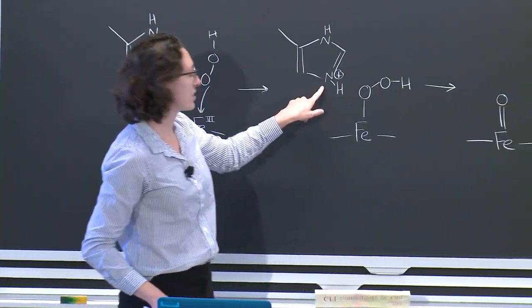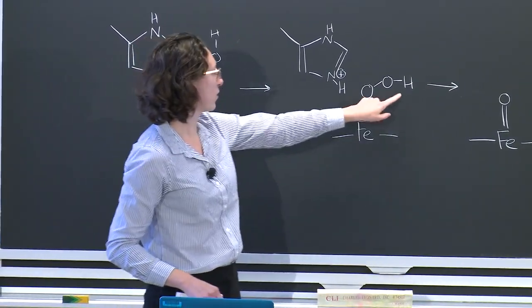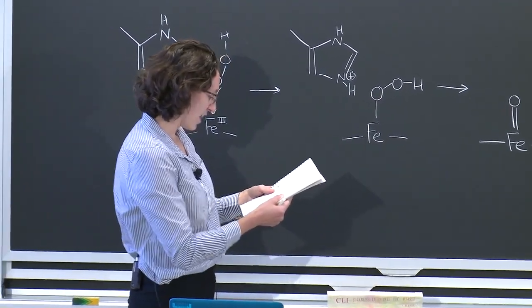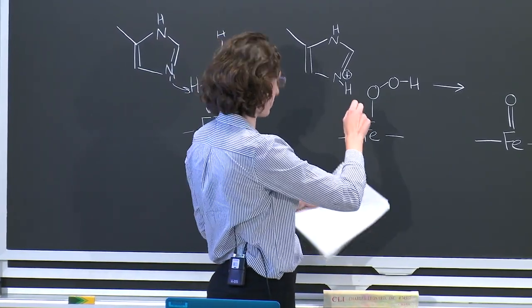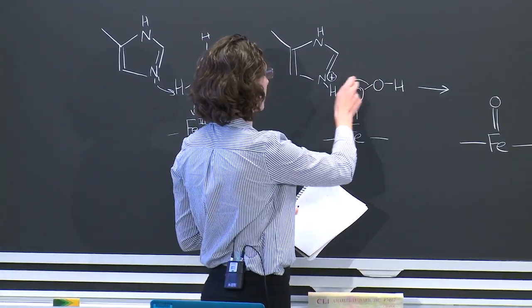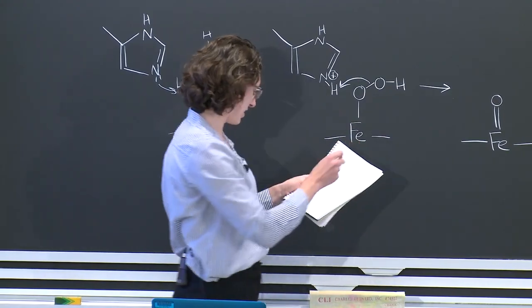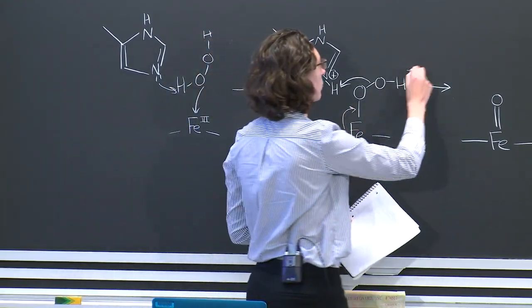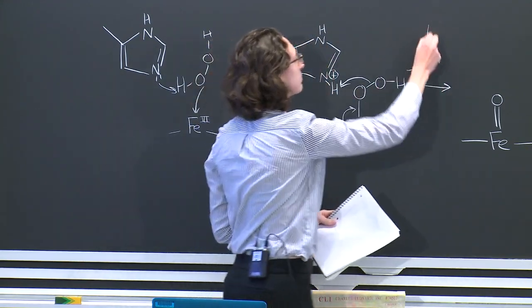So then you have your histidine now that is protonated, you have your oxygen bound to your metal center, and then this oxygen can take the hydrogen, and the iron center can donate some electrons here to form water